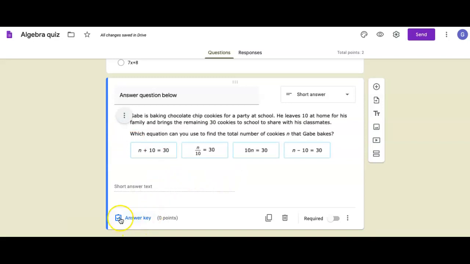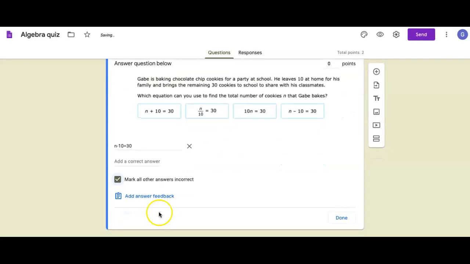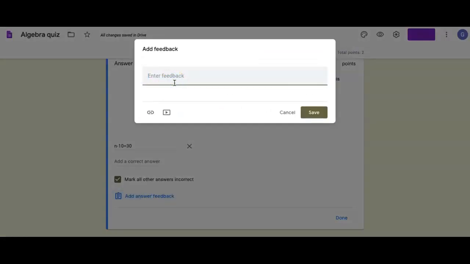And the short answer key I'm going to put is, for the correct answer, they're going to have to put n minus 10 equals 30. Okay, and mark all the other answers incorrect. I can add feedback. Same thing. Group. Oh, how many cookies started? Okay, just to give an idea how many cookies they started with,